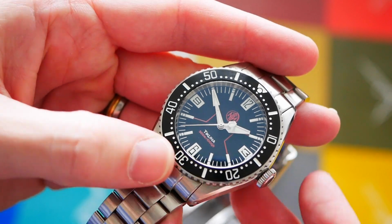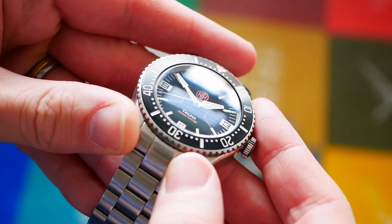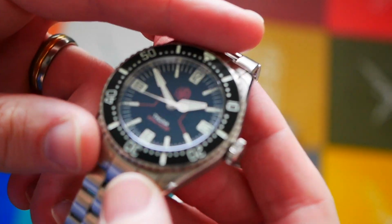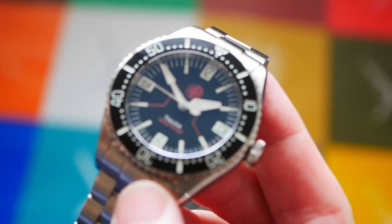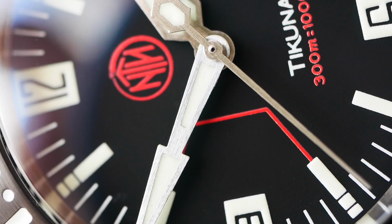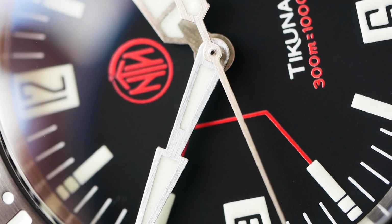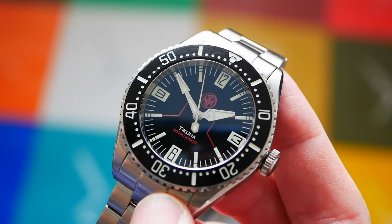So moving on to the hands. So these hands are also polished. You can see if I catch the light, they're quite nice and reflective. I do like to see quite unusual and quite unique hand shapes, and this is certainly the case with the Tikuna. Very, very sci-fi, very vintage inspired, very angular as well, you know, big, chunky, bold